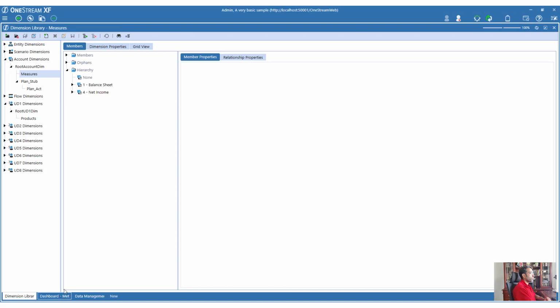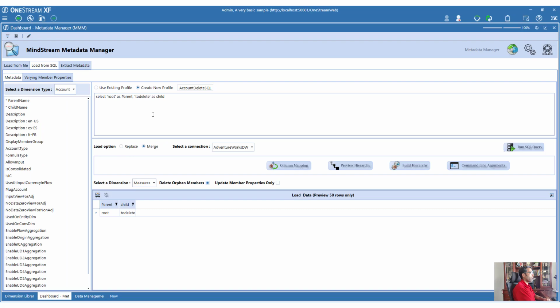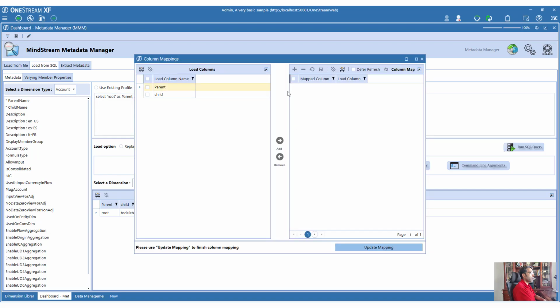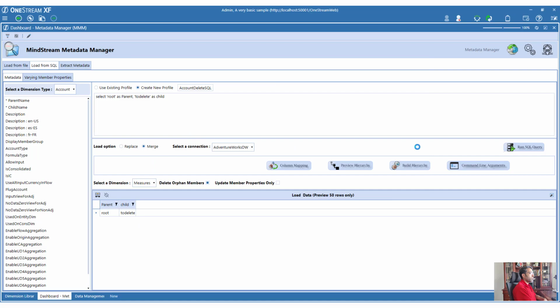Let's say that I just want to delete the orphan members from my hierarchy. I don't want to do anything else. I don't want to update or anything. I just want this thing to wipe out all my orphan members. You can do that by just creating a dummy definition and then saying that is the one that you're going to delete. You map the members and all you then say is delete hierarchy. What's going to happen is it is going to just create that member and then remove all the orphan members